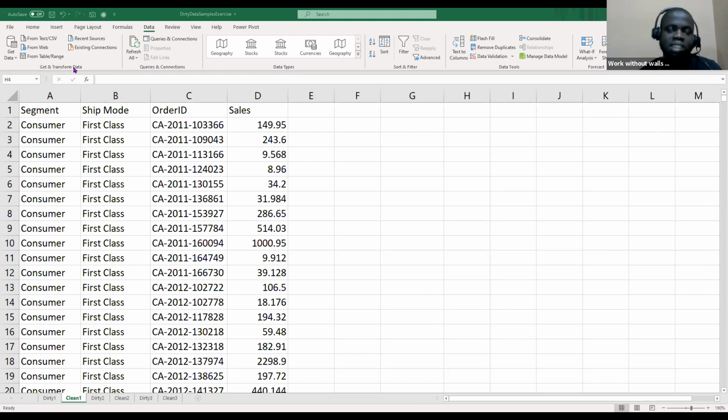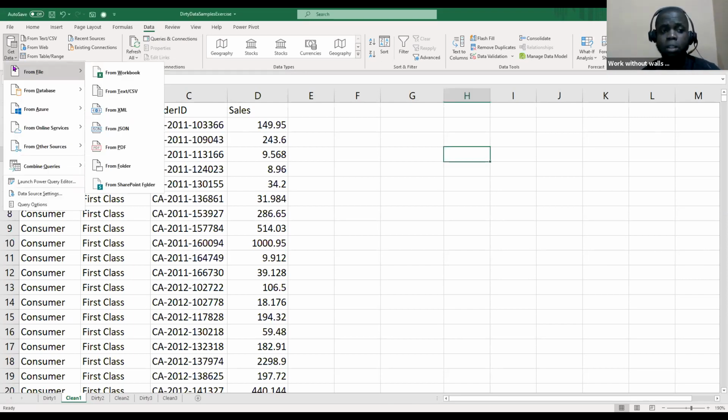But after you are transformed, you have to do something now. You load. So basically, Power Query is, I said it is the best before anyone else inside Excel. Why? Because you can actually get data from a lot of sources. Can you see Get Data? If I click on Get Data, I have From File. I can get data from